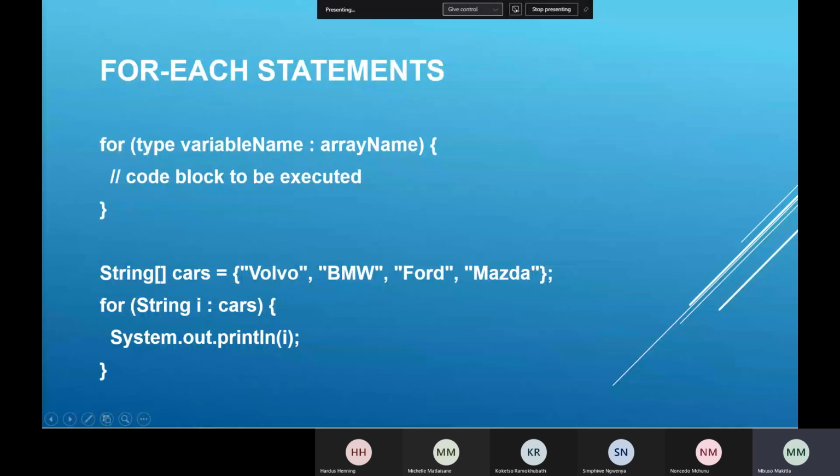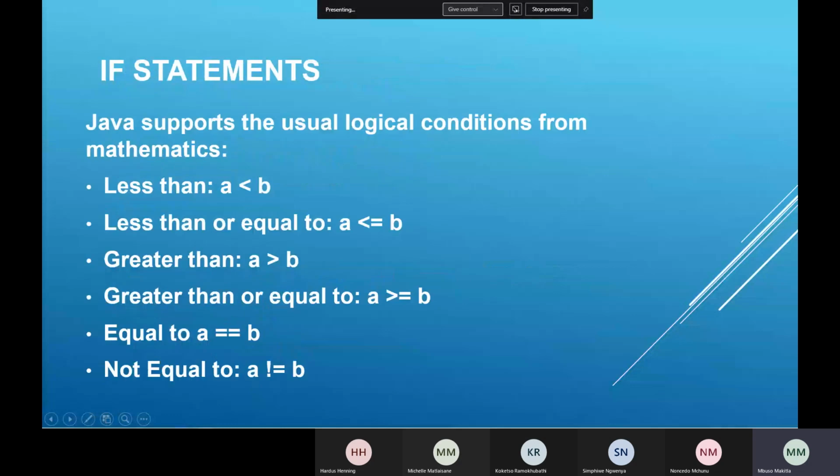Now we go to if statements. So Java does support the usual logic from mathematics, less than something like this. So intuitively, you read this as A less than B. So with Java, you'd have to say if A is less than B, then execute something, or then do something. Less than or equals to, greater than, greater or equals to, equal to, and this is how we write equals